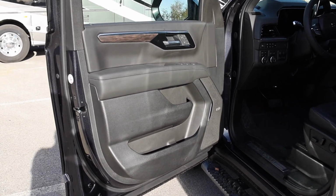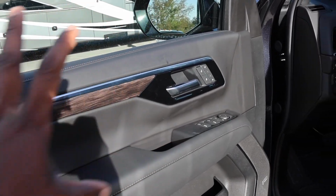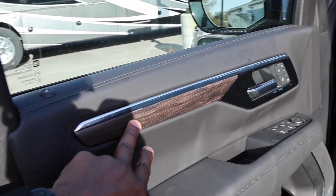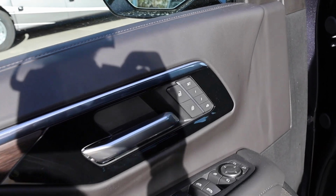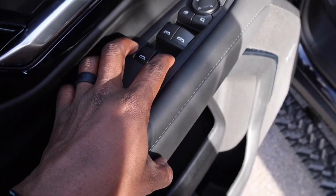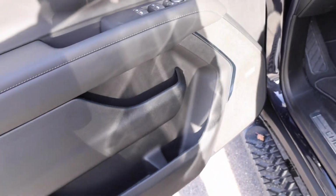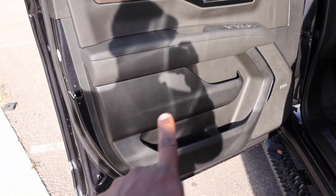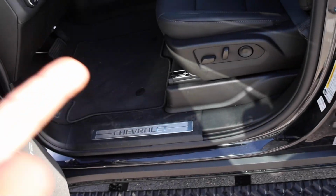Inside the interior, you'll notice that they did some pretty big updates. This door card is pretty much restyled. You have this wood trimming right here, satin with that piano black with more satin, seat memories, auto up and down for the front windows, auto down for the rear, and you have those power folding outside mirrors. Bose sound system should be 10 speaker, and then most of this down below is going to be hard plastic, which is pretty typical. 10-way seat,